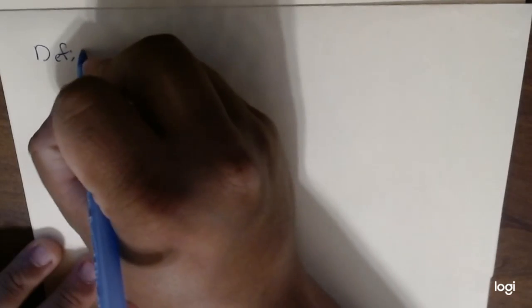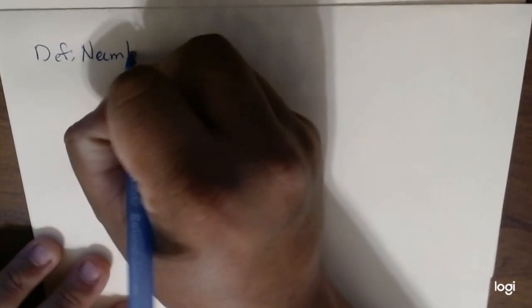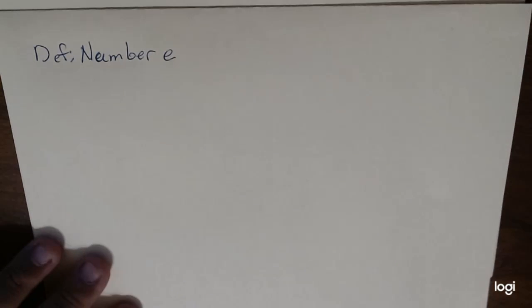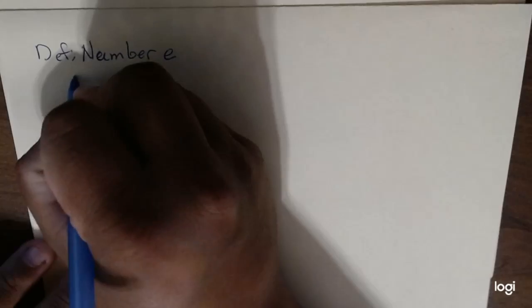All right, so welcome to part 2 of section 5.3. First off, we're going to write a pretty major definition. And this definition is the number e. If you see the letter e, there's actually a number associated with it. So this is the definition of the number